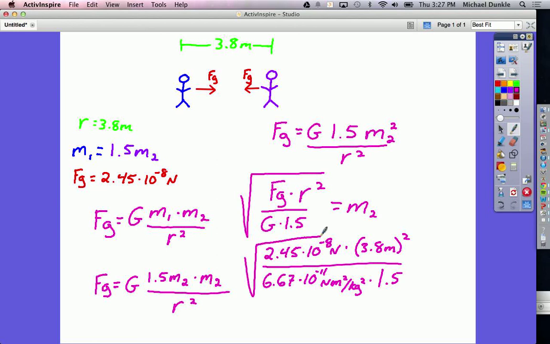Take my square root, and all of that would give me the mass of the second person. I plug it into my calculator, and I get 59.5 kilograms